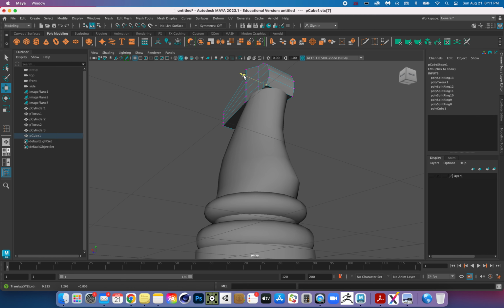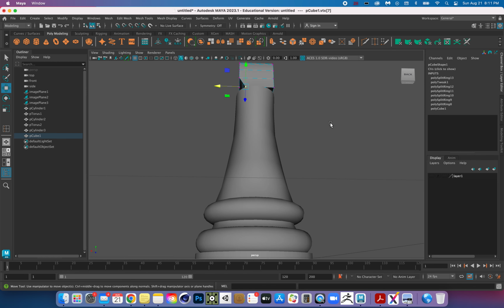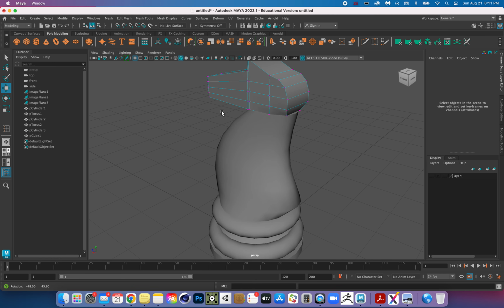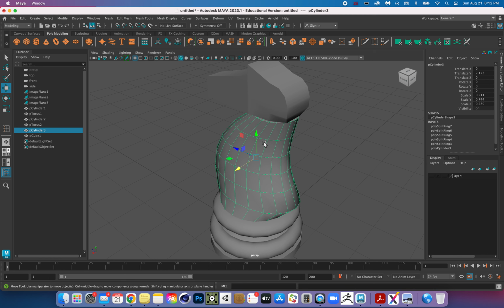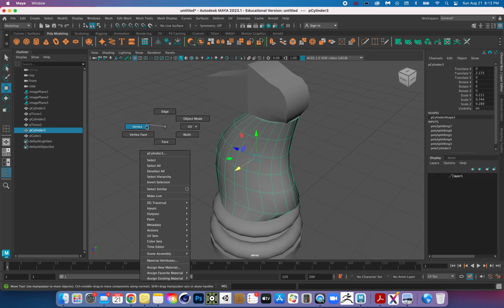Selecting this one, move it in. Select this one, move it in. Looks pretty good there. And now I'm actually going to go back to this shape, vertex,